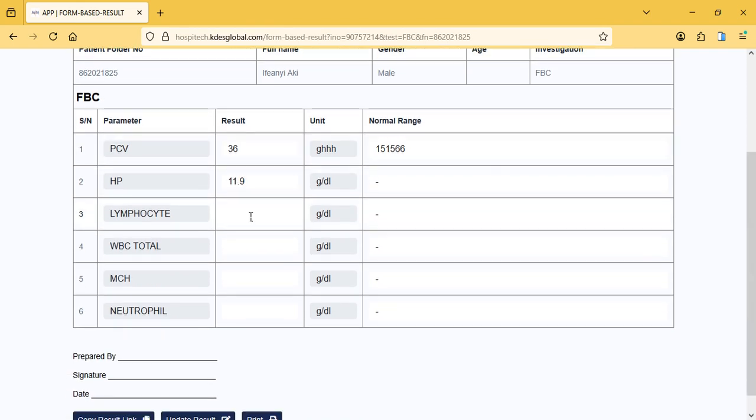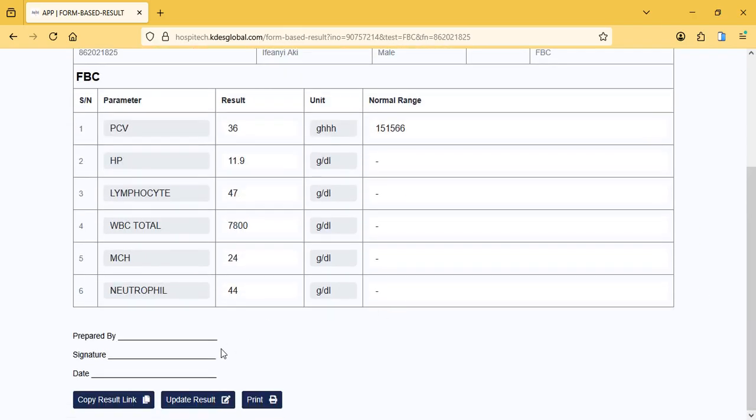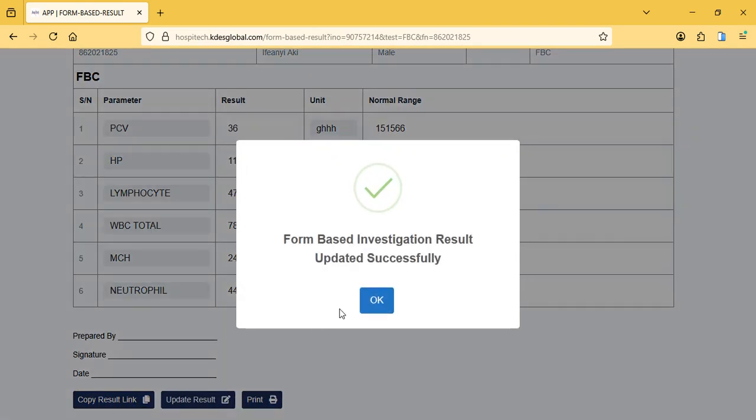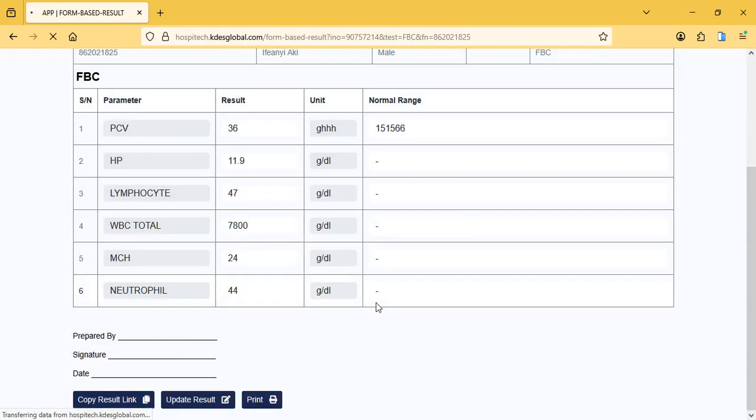Let's say this one is 47. Let's say WBC total is 78. Let's say the MCH is 24. This one, let's say the value is 44. All this range should come from the template that we have already configured on the system. Having done this, we can just update the result, and the result is now updated successfully. Anytime we come to this patient account, we can see it, so if the patient comes back tomorrow,